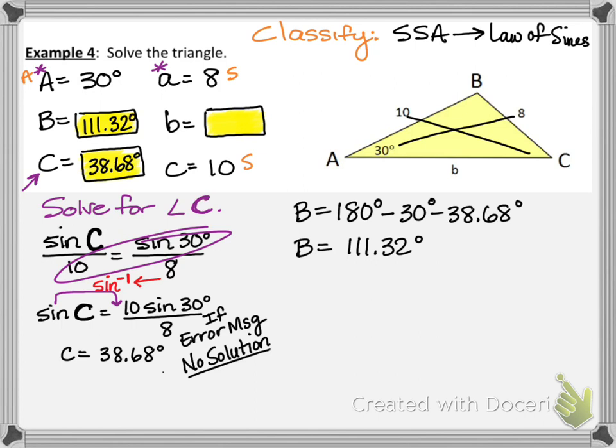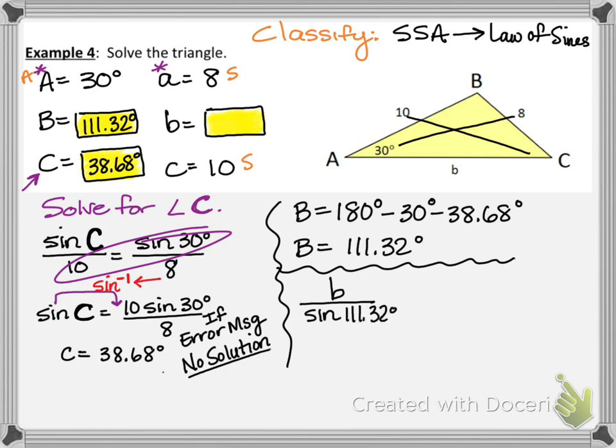111.32 degrees. So notice now, you are down to doing problems just like the angle side angle and the angle side angle. You have enough information to set up your law of sines. You're looking for B. So I'm going to write B over sine of capital B, 111.32 degrees, equals